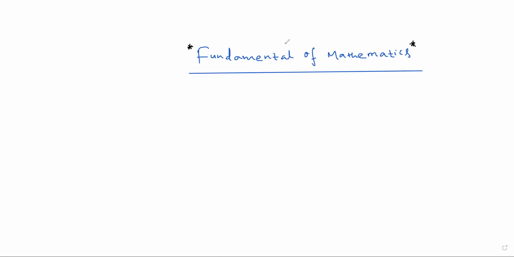Okay, so let's start the session. The first thing to cover in this session is set theory. This is a very basic and very simple chapter. So the first thing is, what is the sense of a set? What is the meaning of a set? So my dear students,